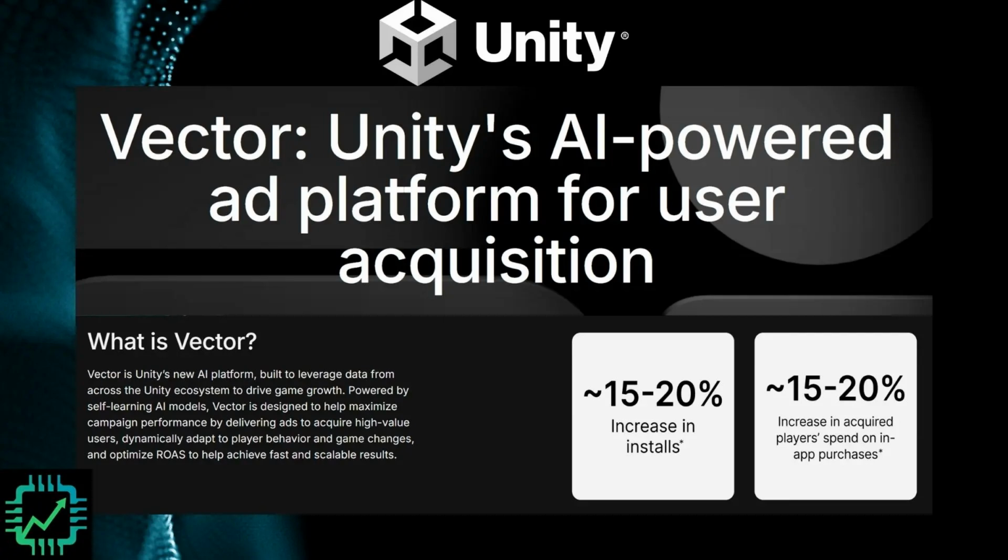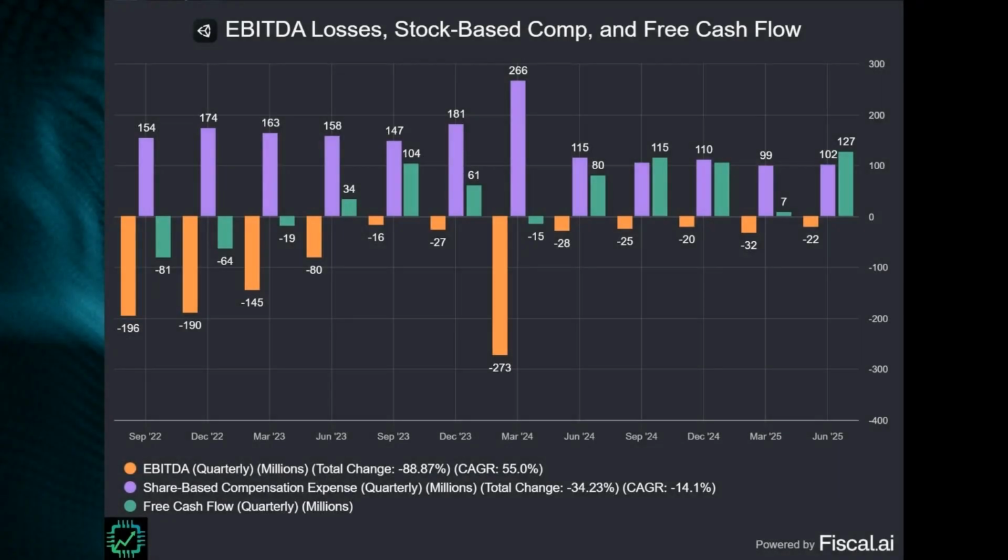So like on Candy Crush, if you want to power up, this is it. Exactly. And so Unity betting on that as well. A bit behind the curve, but I guess better late than never. Okay, but let's talk about some of their financials. So EBITDA, earnings before interest, tax, and depreciation, still in the negative, but making some improvement over last quarter. Share-based comp, still relatively high, but at least stable, and their free cash flow up a bit as well.